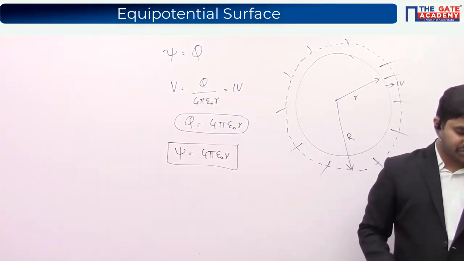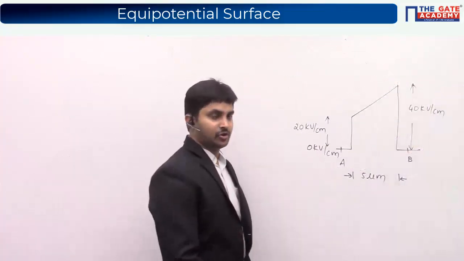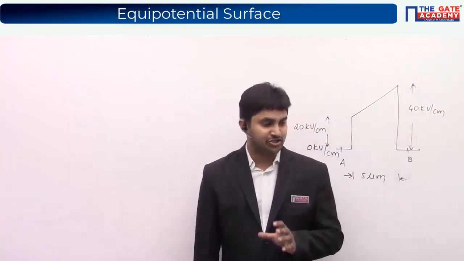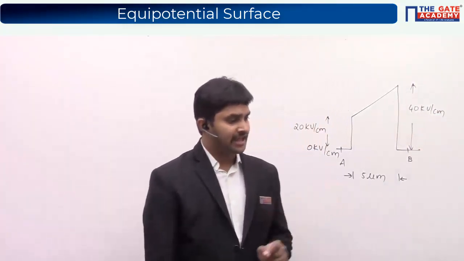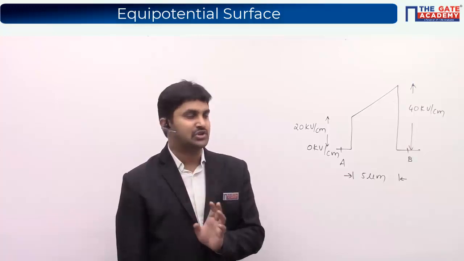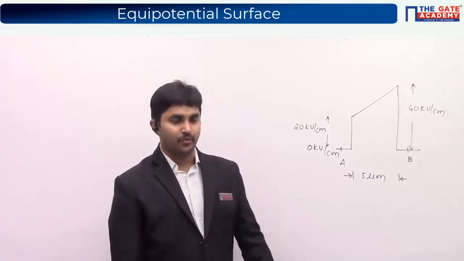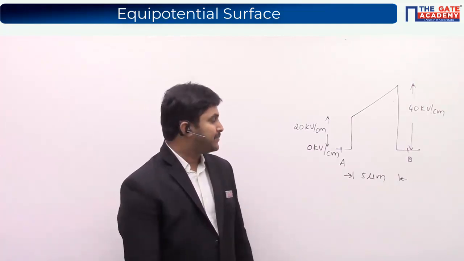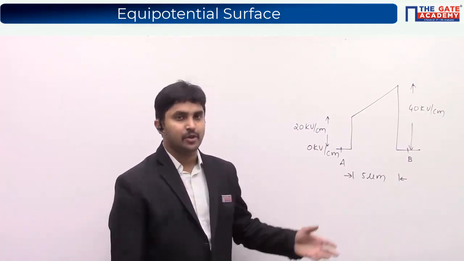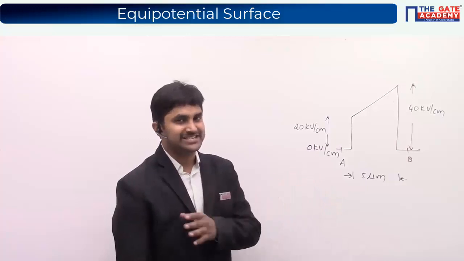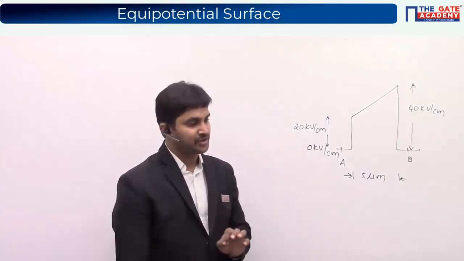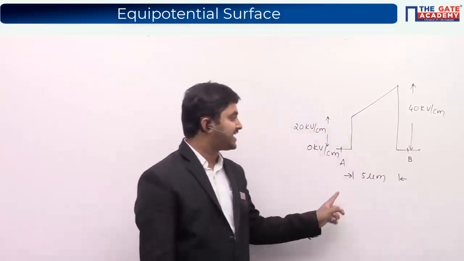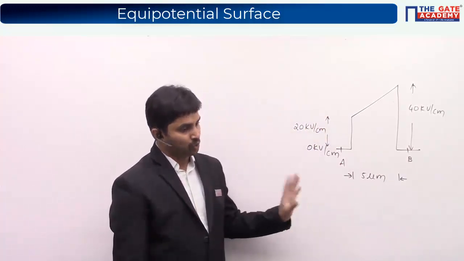Let us go for the next question. Very good, Chinmoy. So let us first read the question. The electric field is assumed to be one-dimensional between 2 points A and B. So there is only one dimension. For example, you can consider the x direction. There is no y or z direction. We are considering the electric field which is one-dimensional between 2 points A and B, as shown.